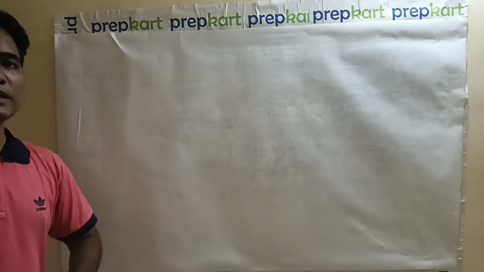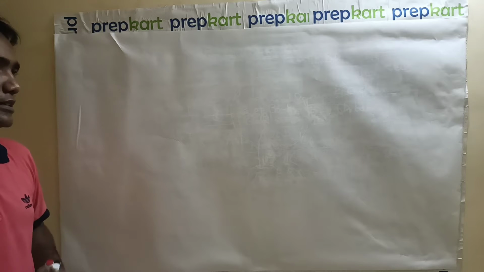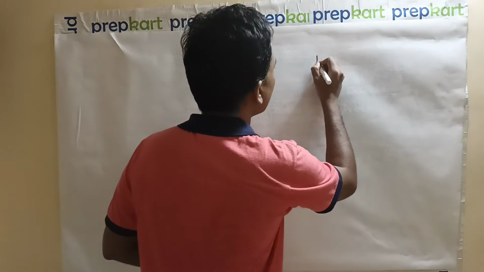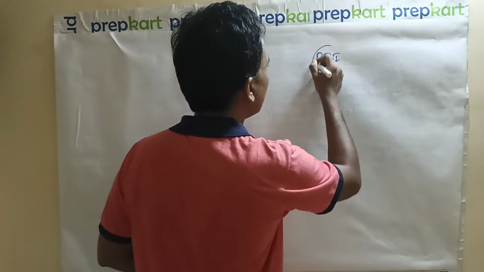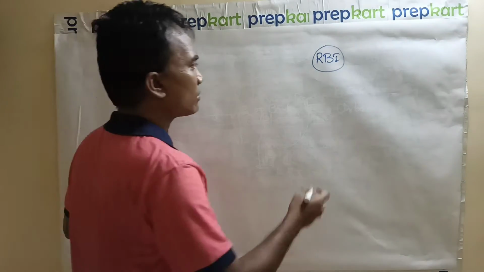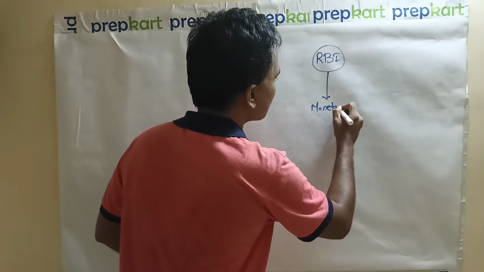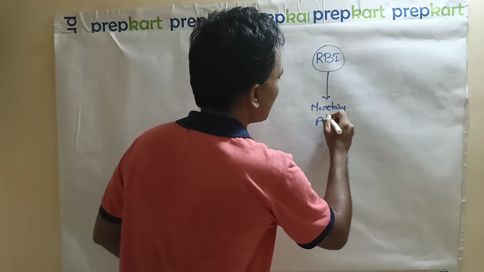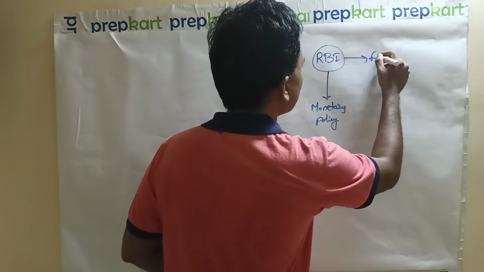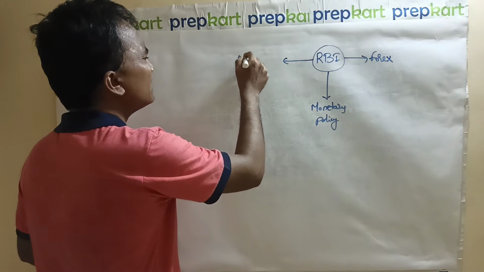Now, in this presentation, we will discuss something about specialized banks. Before going to specialized banks, we are supposed to learn something about the Reserve Bank of India. The base for specialized banks lies in the Reserve Bank of India only, because as a central bank, it has to take care of monetary policy. It has to focus on foreign exchange reserves, that means forex reserves. It has to focus on multiple indicators also.